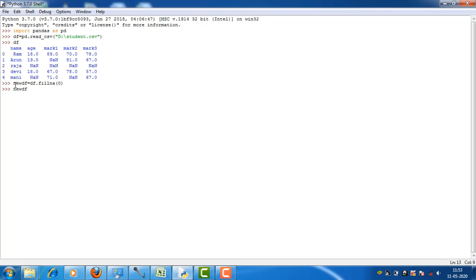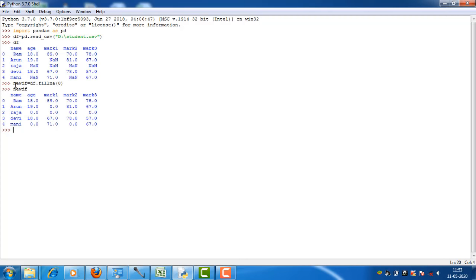So now new df contains the None values as 0. We can just pass the value that should be used as the replacement.